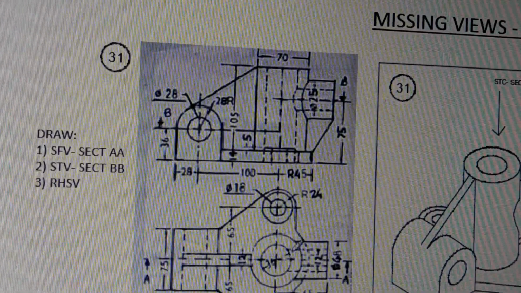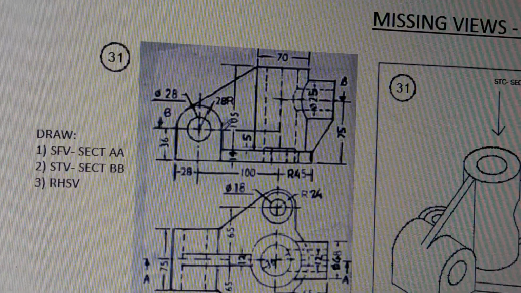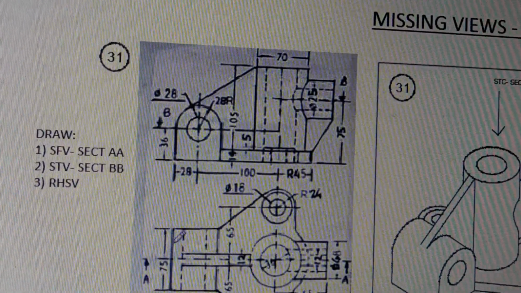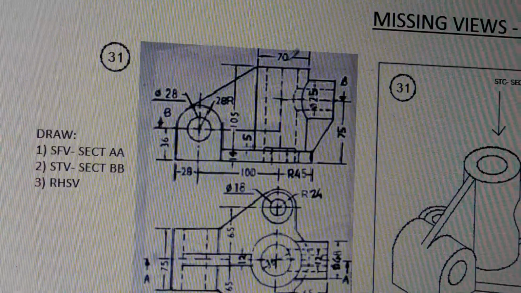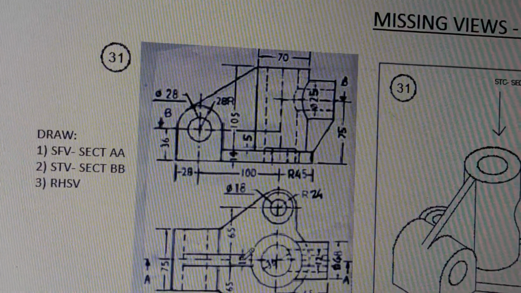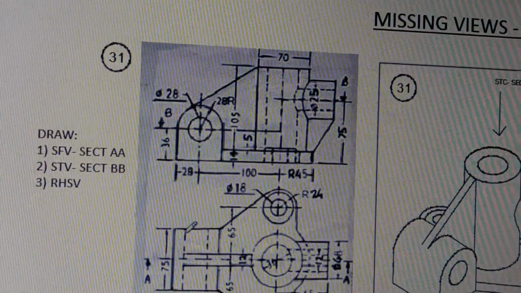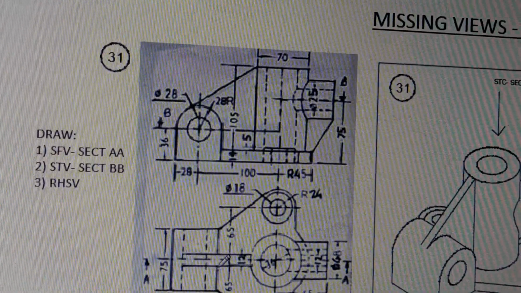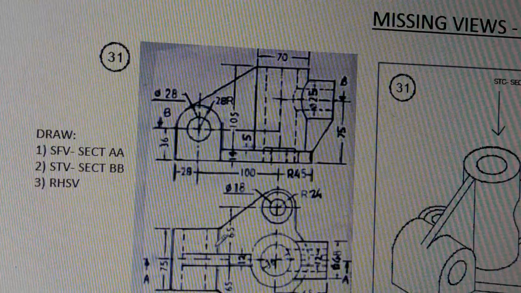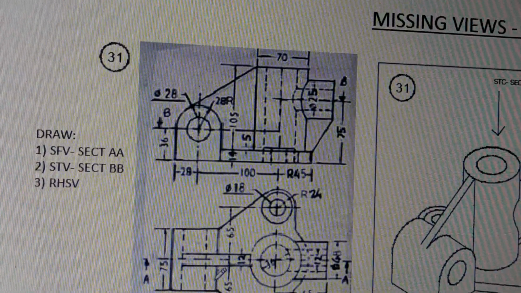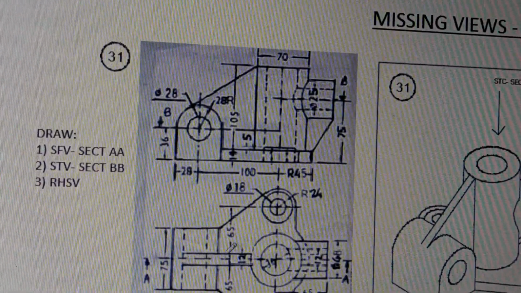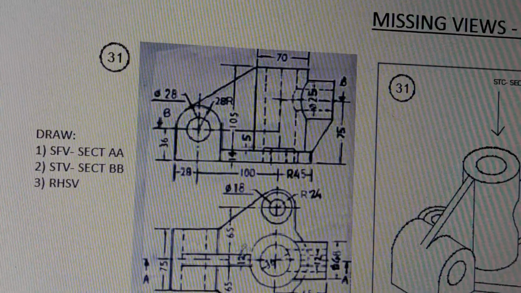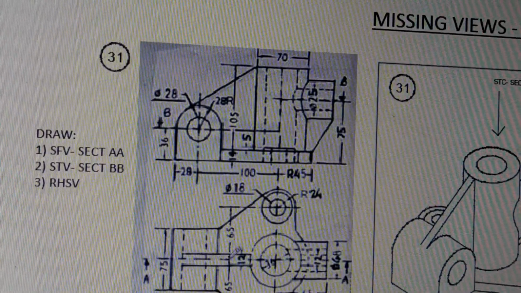And when you draw this sectional top view, as you see here, you cut from here. So this part is newly exposed, so there will be section lines here. Now this rib will go, but this part of the rib will still be there, so this dotted line will be continuous. This dotted line will be continuous. This rib will go. Section line will be here. Section line will be here. Now this section line will continue in this rib, so this will look something like a T shape. So there will be section lines in this T shape.